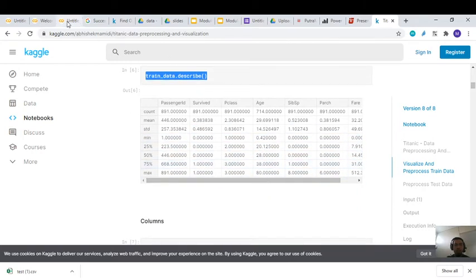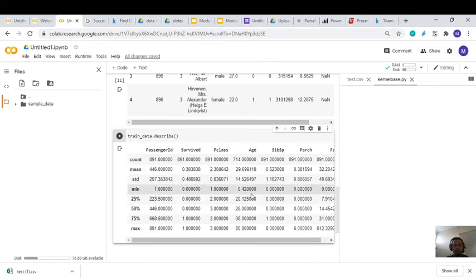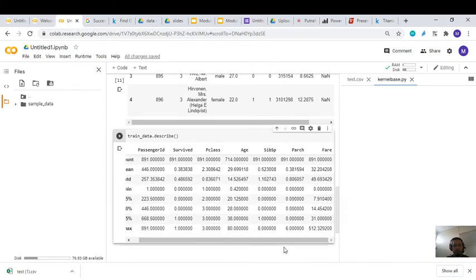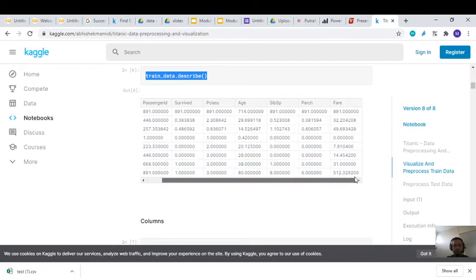Then we can check in here, 0.42 and maximum 60. And also the fare, the minimum is 0 and the maximum is 512. Okay, so it will be the same as the Titanic data in here.